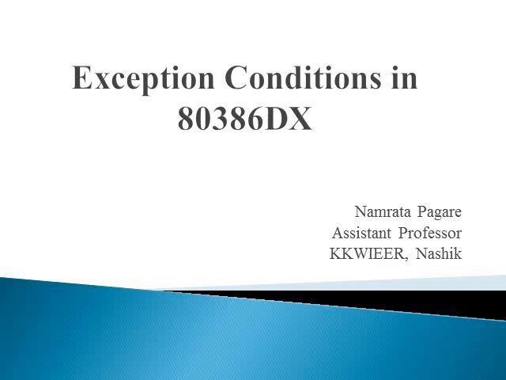The topic which we are going to see is exception conditions in the 80386 processor. So what are these conditions? These are the conditions which are detected by the processor when executing instructions, and they are classified as fault, trap, and abort depending on the way they are reported, and also whether restart of the instruction that caused the exception is supported by the processor.